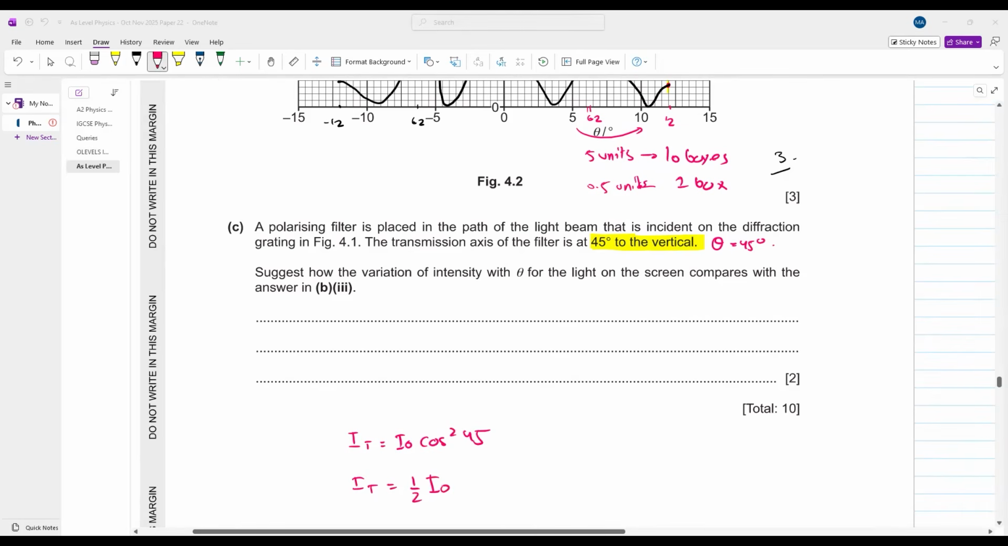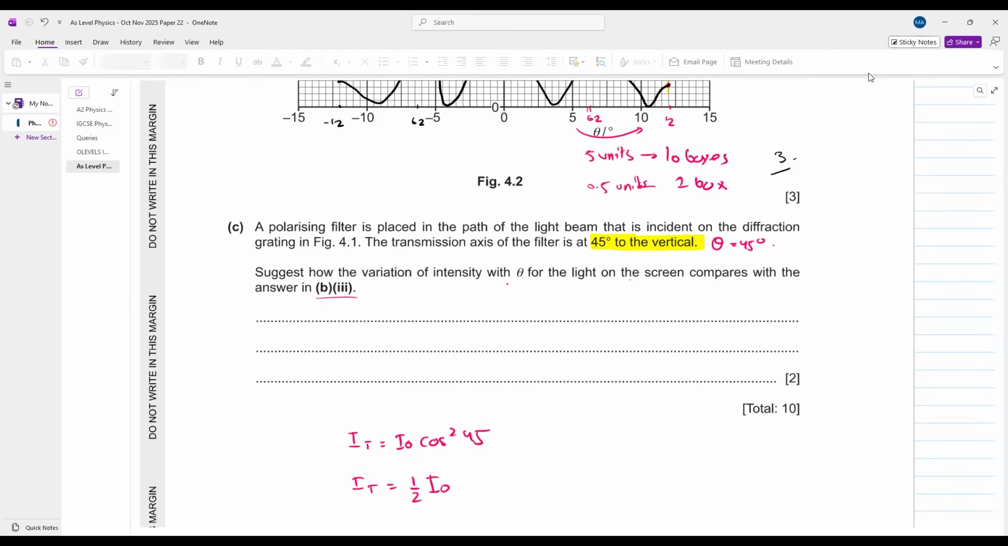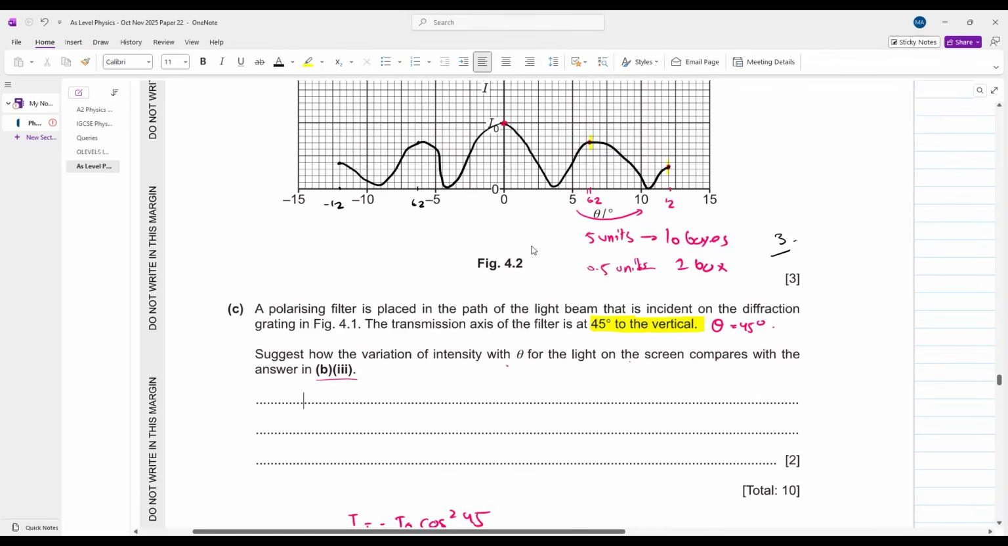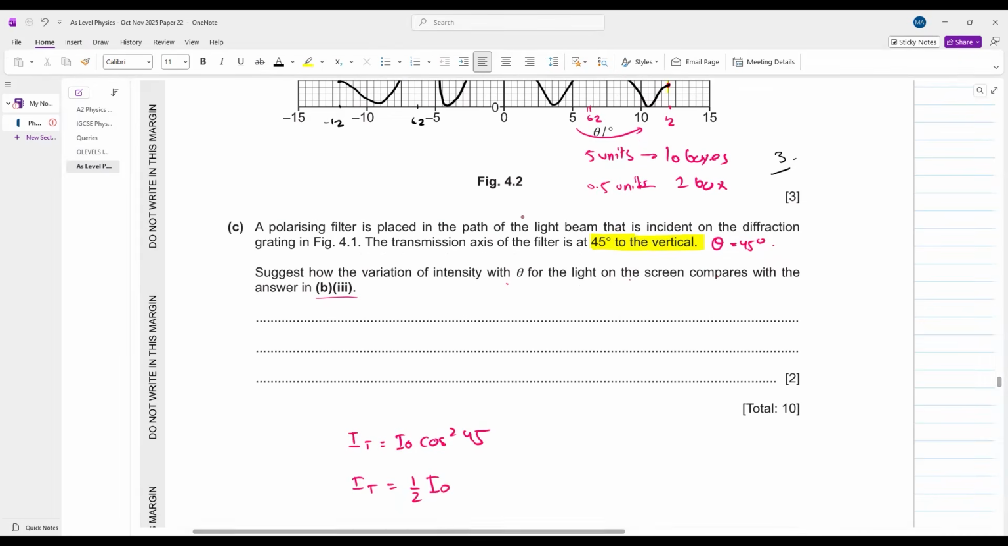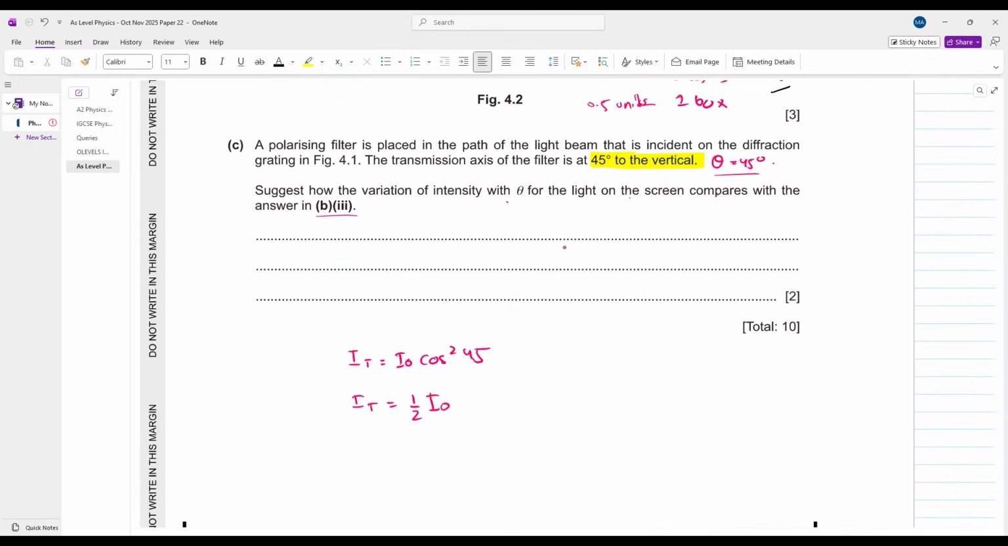Okay. Suggest how the intensity varies with angle theta for the light on the screen compared with the answer in B part 3. एग्जामिनर कह रहा है कि अब आपका ग्राफ किस तरह बनेगा. How will your graph be drawn if you have a polarising filter at an angle of 45 degrees? देखो बेटा, अगर आपके पास एक पोलराइजिंग फिल्टर है एट एन एंगल ऑफ 45 डिग्रीज, तो